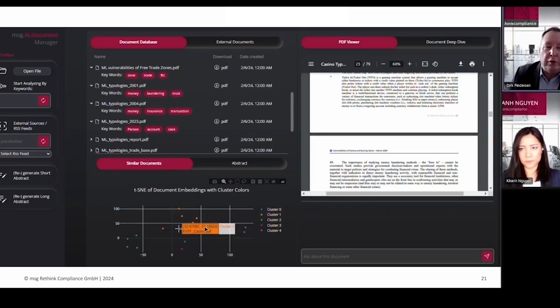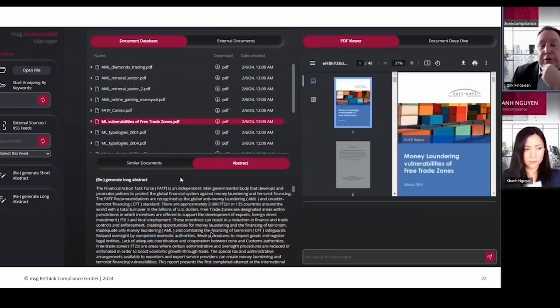And you see, first of all, that you have a sort of similarity check. So you cluster the documents, and typically typology papers are in one cluster because they are all somehow the same. It's the same for the regulations and some for the consultations. Sometimes they vary a little bit, but nevertheless, you can see it quite easily here. More interesting might be to get an abstract. You can have a short abstract or a longer abstract on what's written in this specific document, or overall.